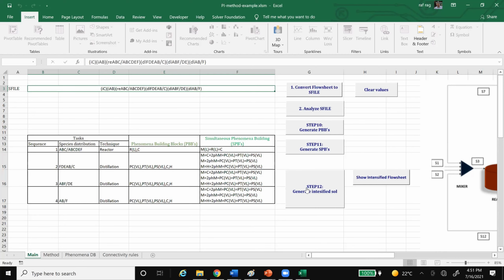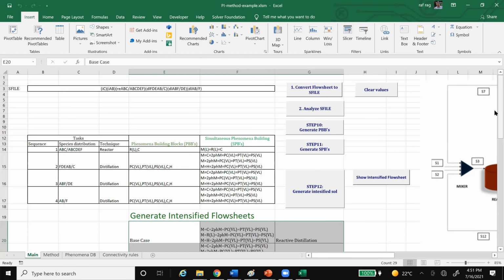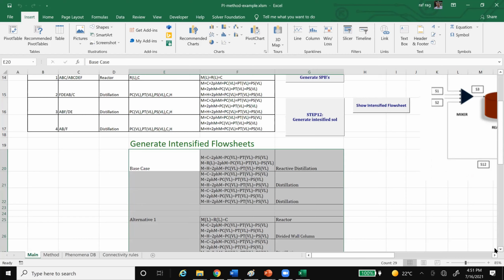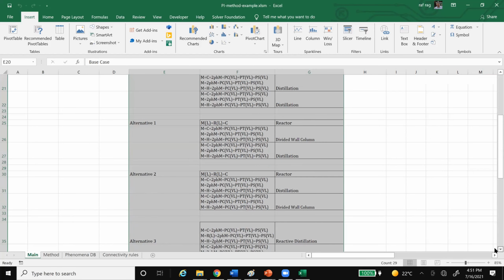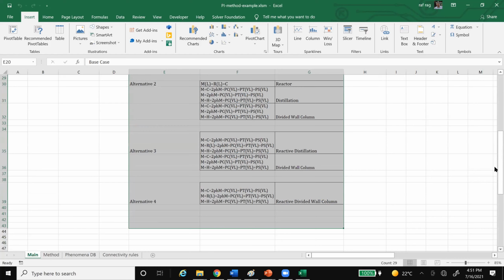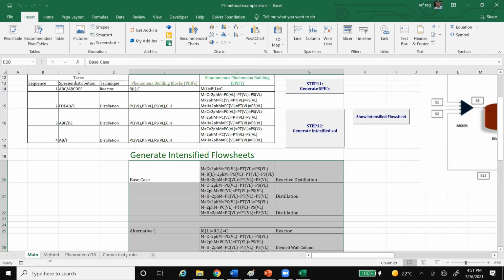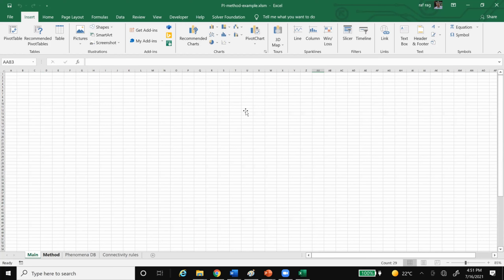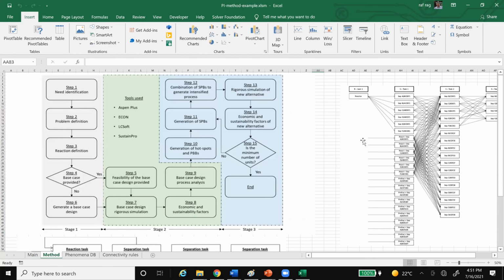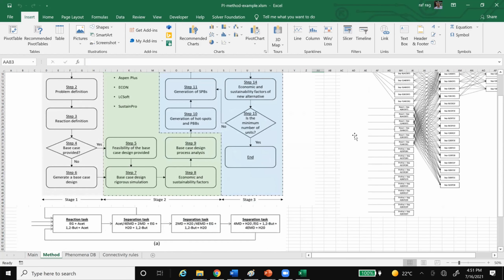So if we say generate, then it generates the top 4 alternatives. Now, how does it do all this very fast? We have this method. Based on the method, when it converts the flow sheet and it knows the S file, it knows which unit operations are there. Unit operations are converted to task with a